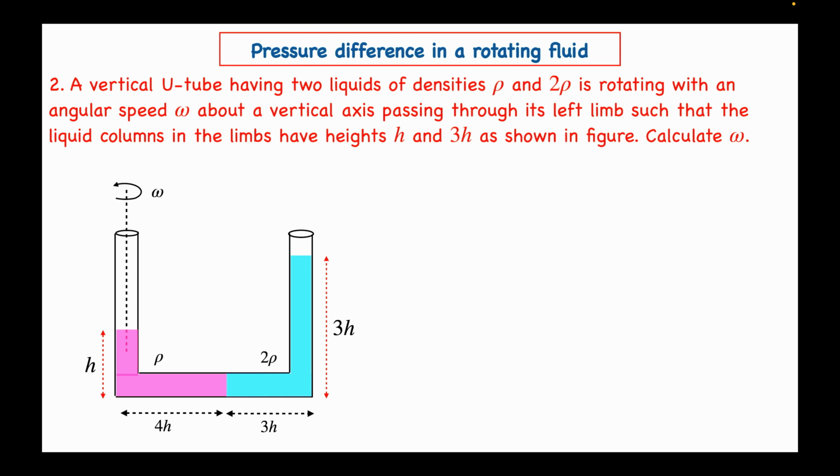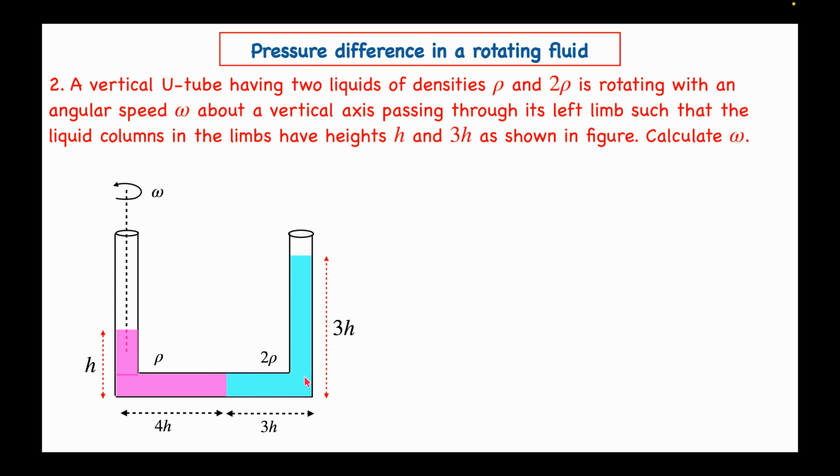Here is another problem which states: a vertical U-tube having two liquids of densities rho and 2 rho is rotating with an angular speed omega about a vertical axis passing through its left limb such that the liquid columns in the limbs have heights h and 3h as shown in figure. Calculate omega. Here the two liquids have densities rho and 2 rho respectively, and the height of the liquid column in the right limb is 3h and in the left limb it is h,